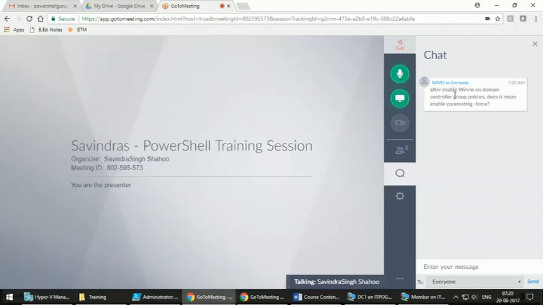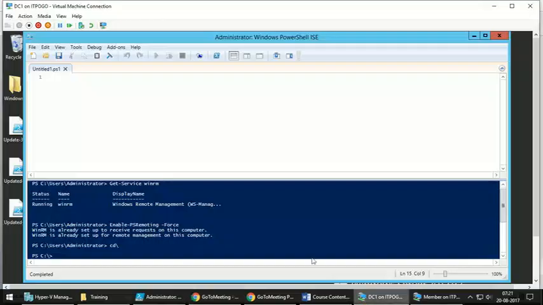When you are enabling it through group policies, it's not equivalent to running this command, but we are just making sure that the WinRM service is always in a running state. For enabling remoting through group policy, let me show you that setting.